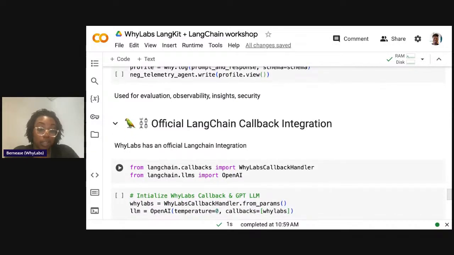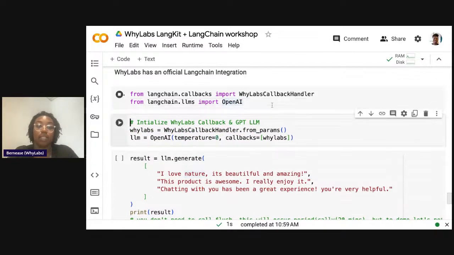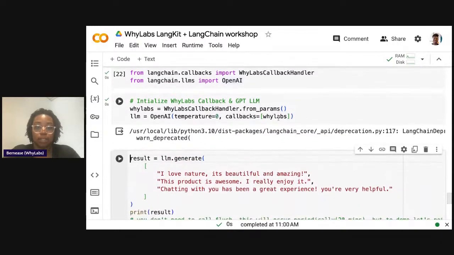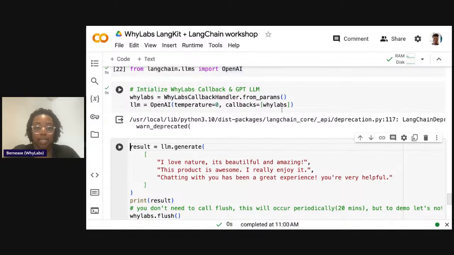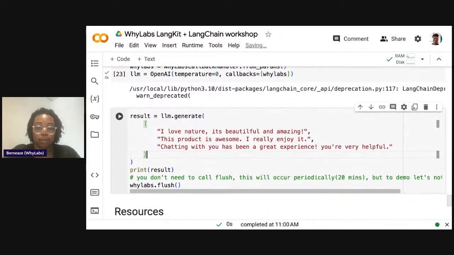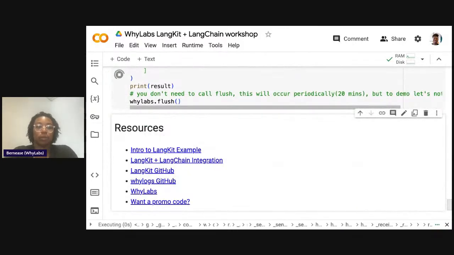And finally, we get to the code that we saw in the slides here. And this is of the official LangChain integration. So it's very simple, just a couple of lines of code in this case, to now call the callback handler for WhyLabs, create our LLM here with some settings, and we can do the same sort of thing. So this won't be our grumpy template. Just for this example, this will be just passing these back. But when we run this,